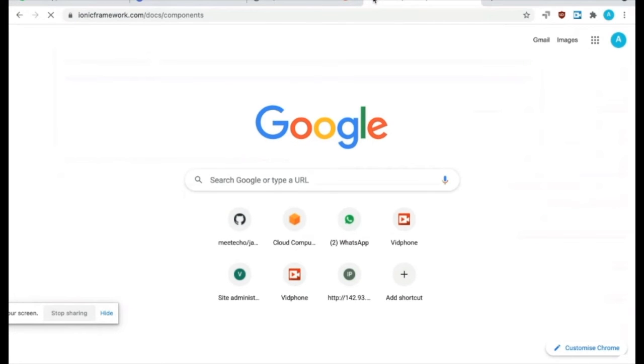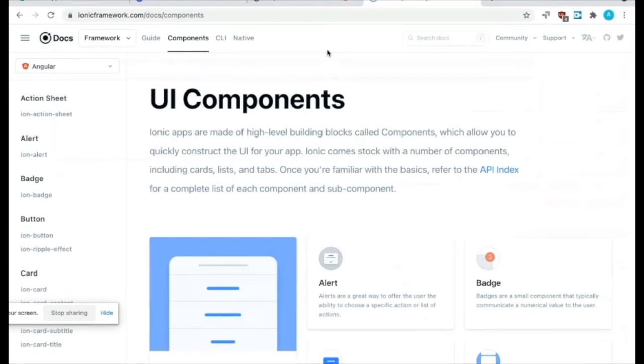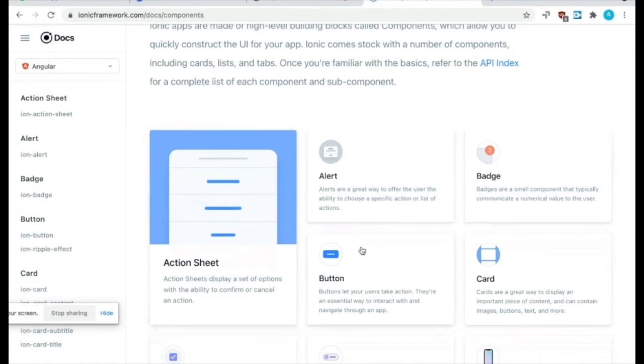In Cordova, you just use normal HTML, JavaScript, and CSS. So any components that you build, you'll have to either build yourself or import from things like Bootstrap, etc. But Ionic already comes with all of these components, and a lot of them are also tuned to look like native components on the respective platform.